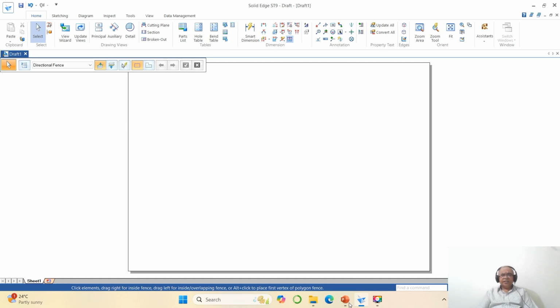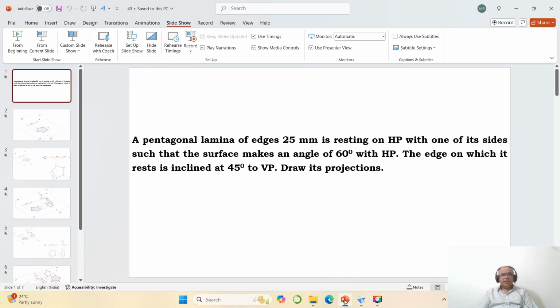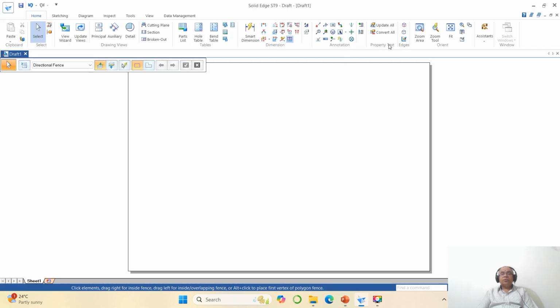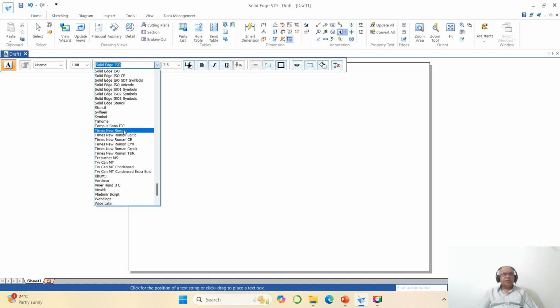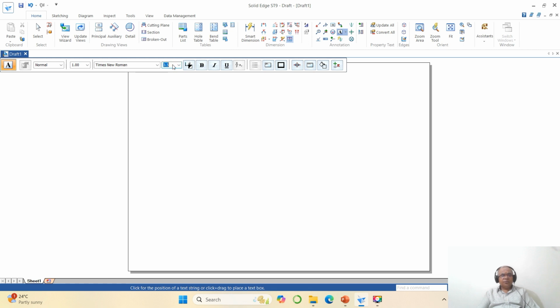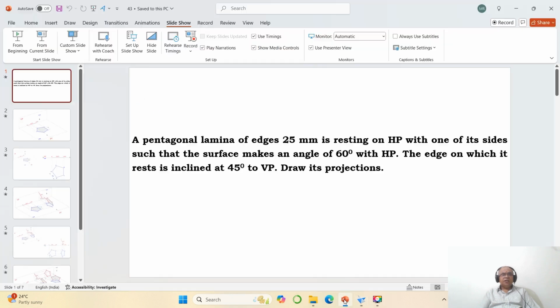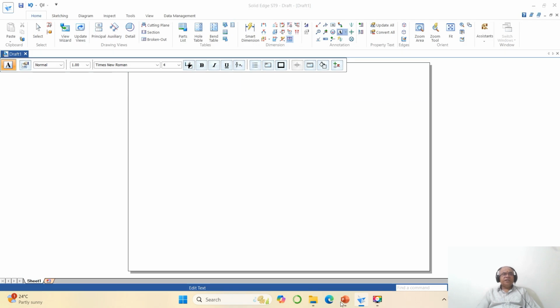Before that I need to write the question. To do that, a pentagonal lamina of edges. So here I will go for text. By default you will always have solid edge ISO. So you will come down to Times New Roman and the font size what you want is 4. Type 4 and enter. Then you take the position of the text where you want to start. So a pentagonal lamina of edges 25 mm